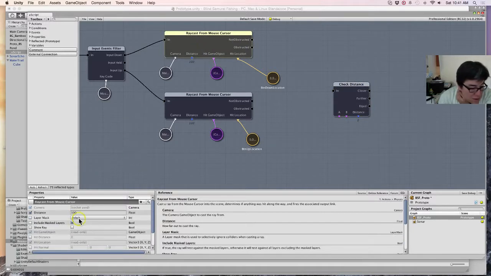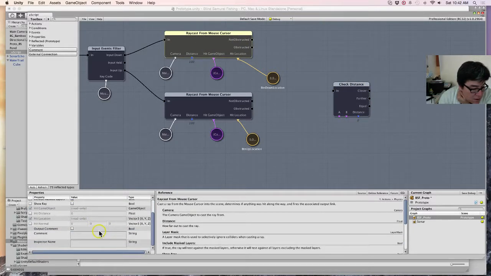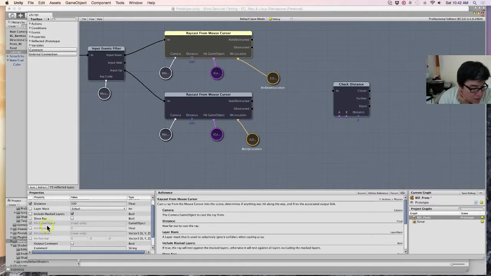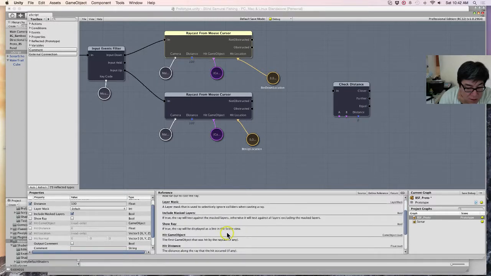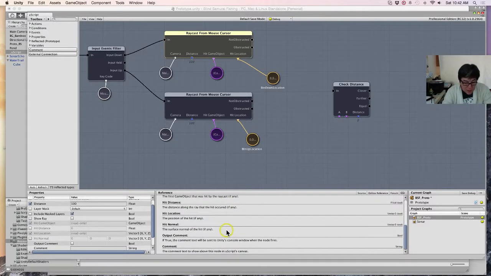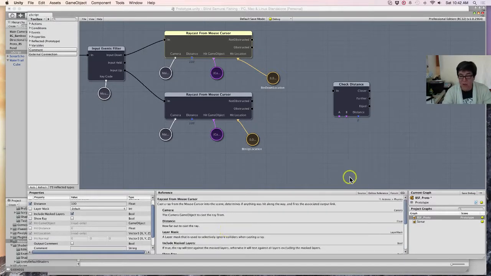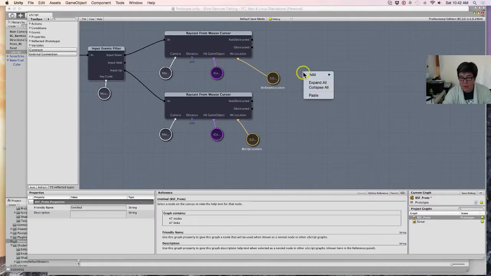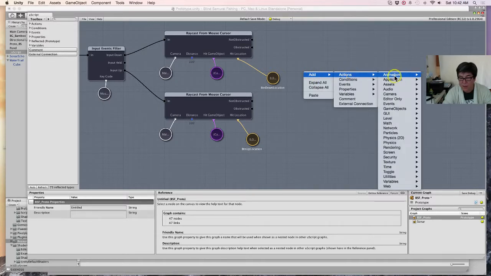Let's see. Oh, now I've got a hit distance thing here. Let's see this. What is hit distance? Nope, don't care about that. That's just the distance away from the camera. Check distance is not great. So let's do this. Let's add action